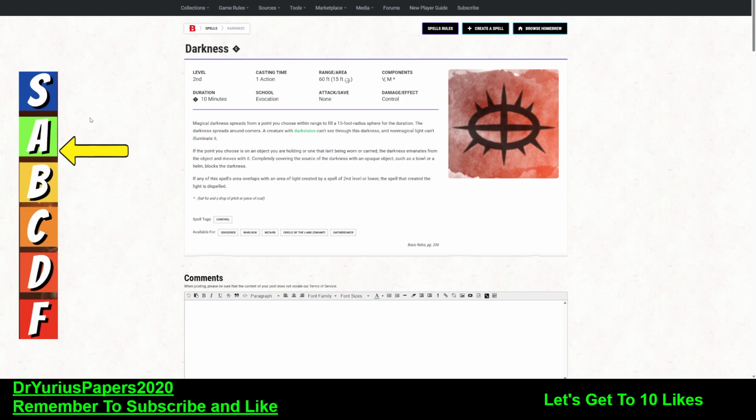So what are some of the best uses for this? Well, obviously with a warlock, you can take Devil's Sight and you can see in magical darkness. And that's one of the only ways I think that you can see in magical darkness. But